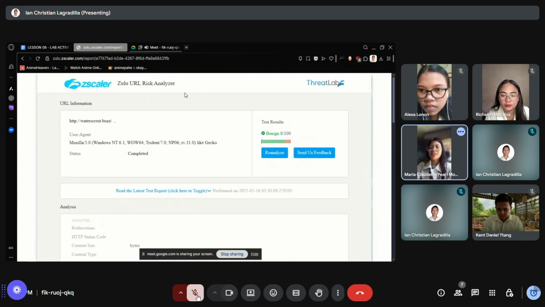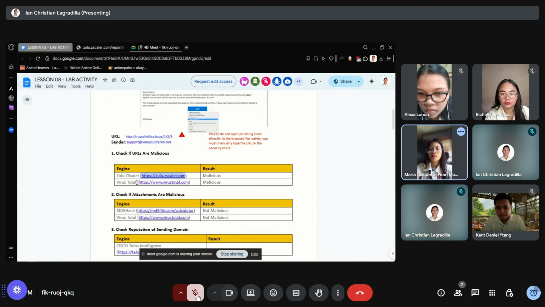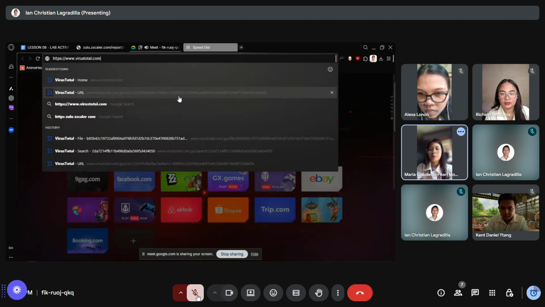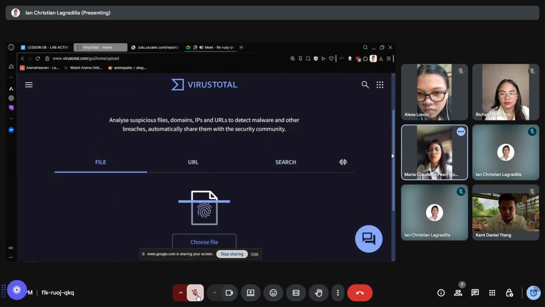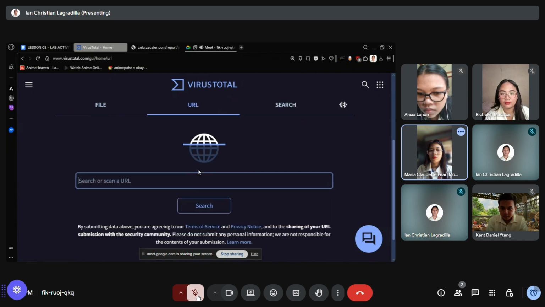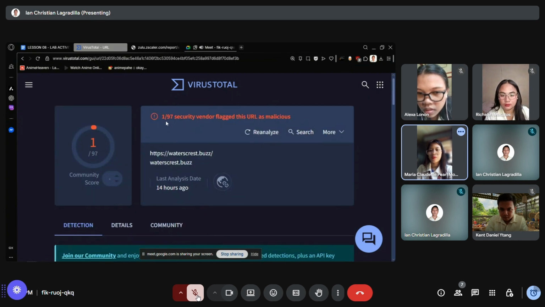Now to confirm this, let's also check the same URL using the VirusTotal tool. And VirusTotal shows that the URL is malicious and contains suspicious content.